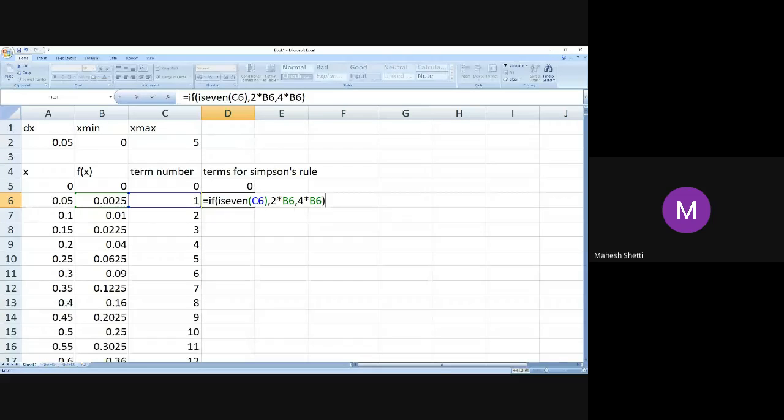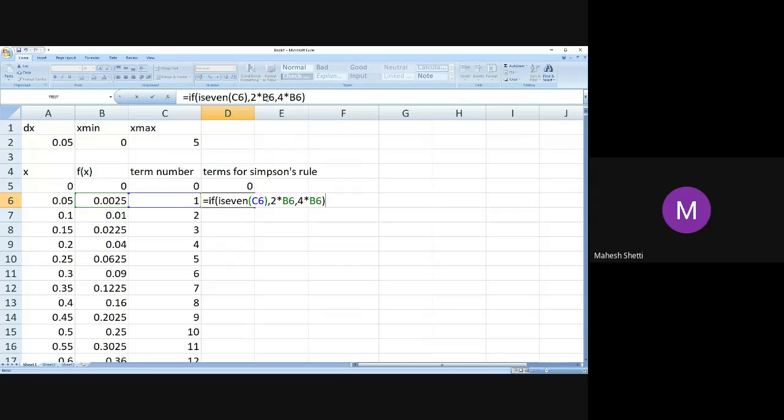Look at the conditions clearly. Look at this expression over here. I'm putting a condition, the IF function. The syntax is, after IF I put a bracket, and the first thing I put is the condition. If this condition is true, then I write what the value should be. If the condition is false, then what should be the value comes after the second comma. So first comes the condition, comma.